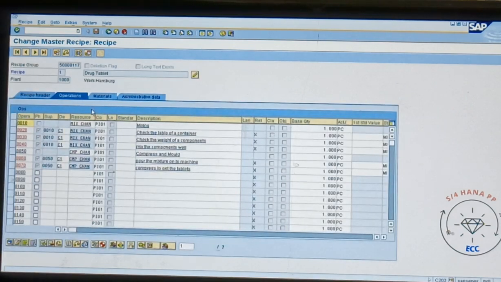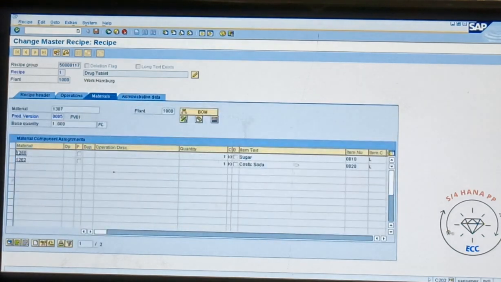Suppose you have not created a production version yet. At that time, you need to click on this material tab here. Once you click on this material tab, the system will take us to the same screen, the production version screen that was shown when creating the production version. As of now we have created the production version, so it is directly appearing over here. There is no need to create any production version now. In case you want to create it from the master recipe, you need to